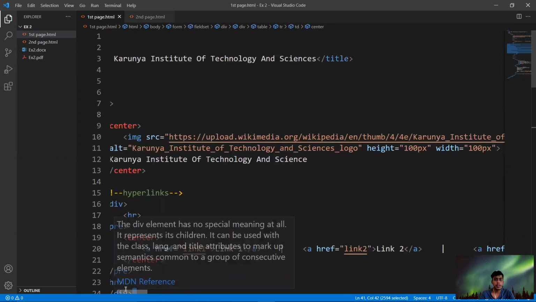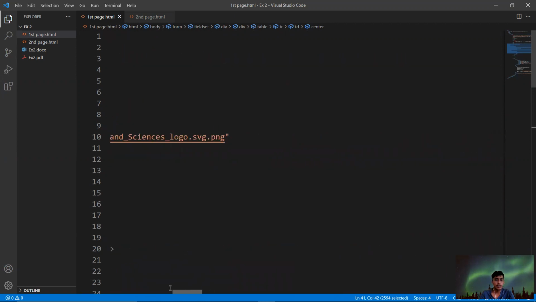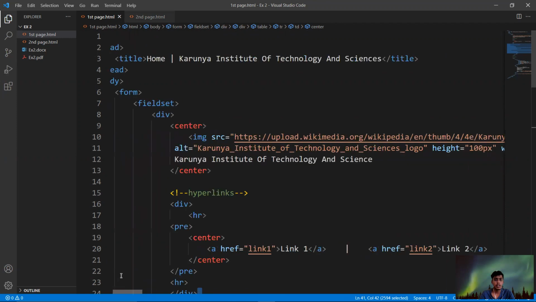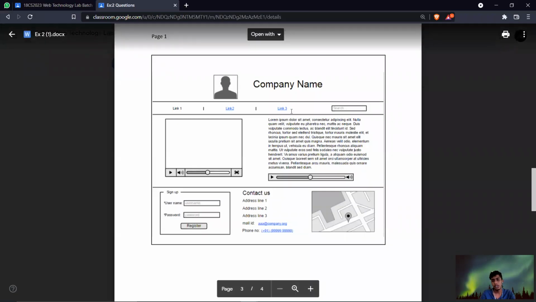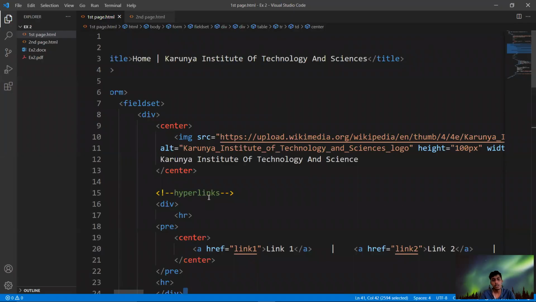Afterwards I used the name Cornell Institute of Technology and Science, which has been written here. So it will be written after the logo. So this was the first division.